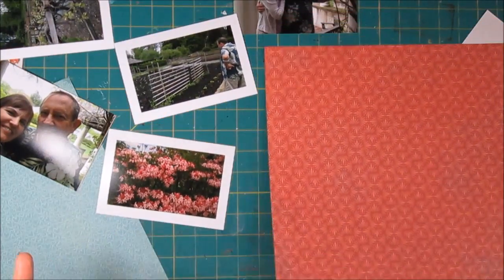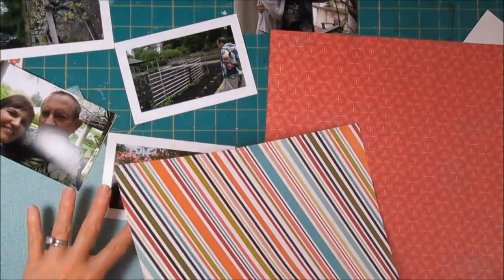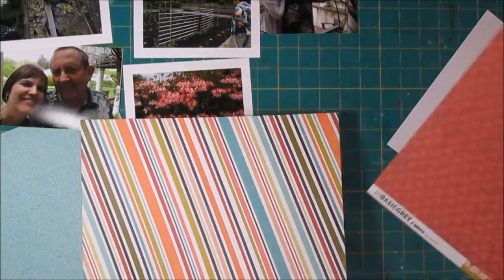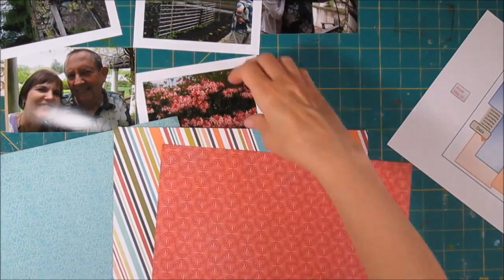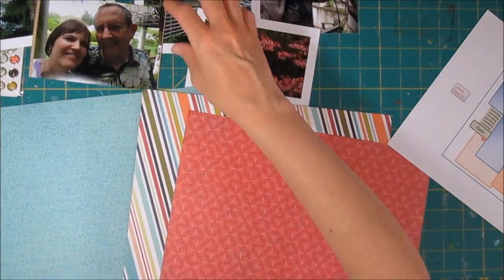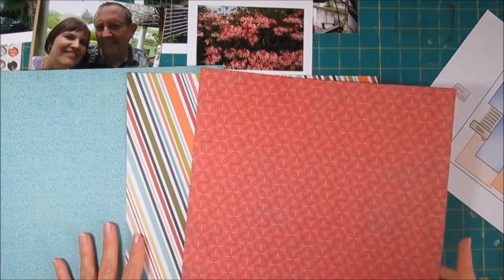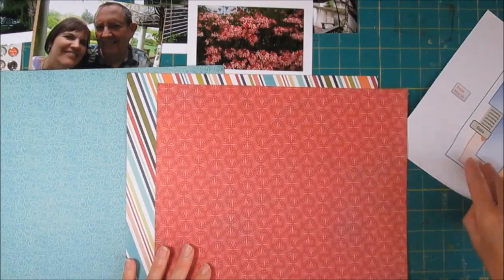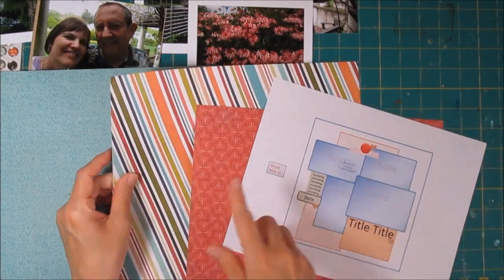So that leaves us with this stripe. I love stripe papers, and I think I'm going to use the stripe instead of that. So that was fast, going to narrow down those papers, and I had not done that ahead of time. I had really just kind of went through them right quick there and got the papers that I want to use. So I know I'm going to use this more, well, the stripe is awfully bold too,